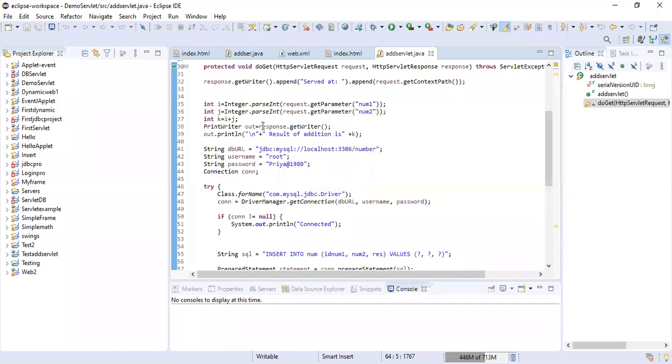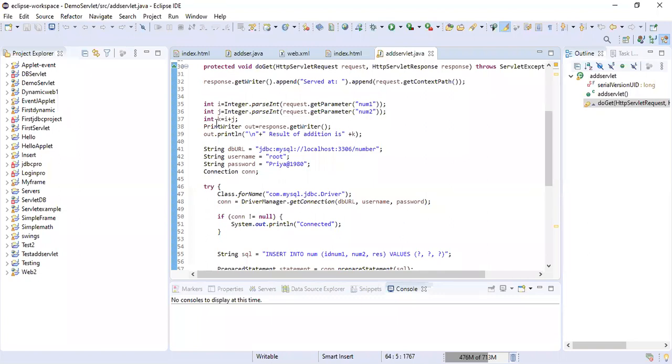That's why we have used Integer.parseInt to convert the string contents to an integer. Similarly, the contents of text box 2, num2, we received in integer j.